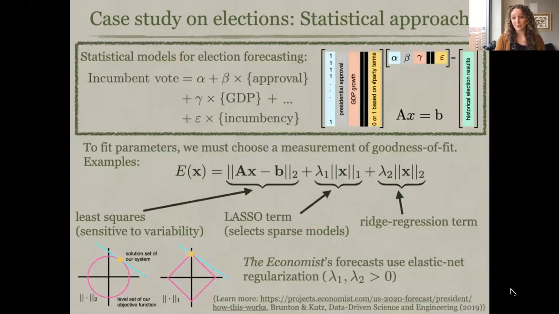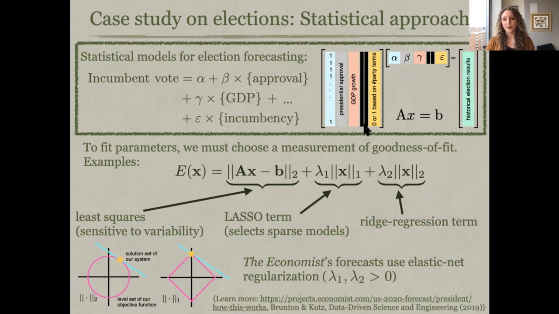And another approach that would be related to this is you could ask, how did Abramowitz decide that the terms he should use are approval, GDP, and incumbency? It's a good question. So what a person can do, and I would encourage you to read about this on the Economist website because they have a nice description of this, is you can instead build a model where you look at more terms. So here, these black columns are some other historical data that you've collected. And you can ask, well, maybe that historical data is important as well for forecasting elections.